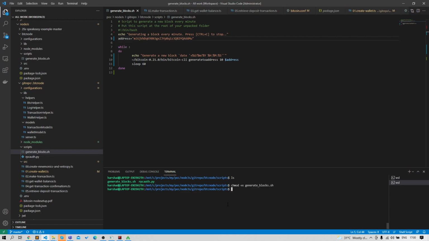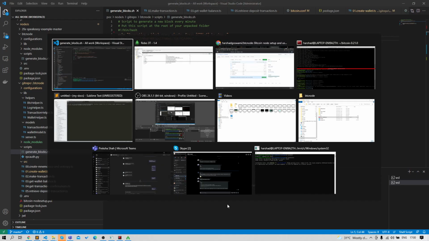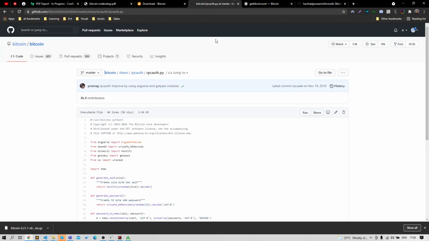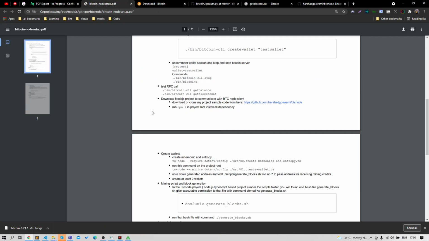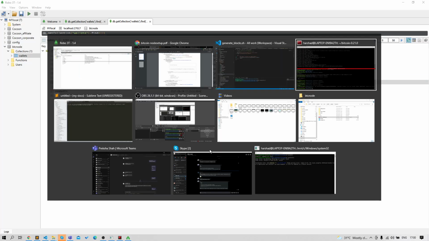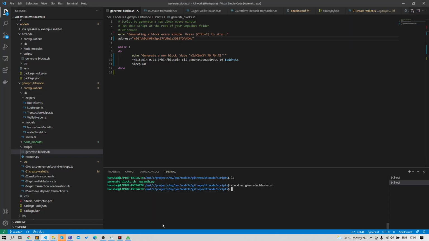And I'm using a Windows machine. So if you are using the same Windows machine and work with Ubuntu as a subsystem, then you also need to download this package, dos2unix. Install this package, and after editing this sh file, you need to run this command in a console, dos2unix, and give the sh file name to convert that file into Unix format. After converting this file to valid Unix format, you can start the mining.